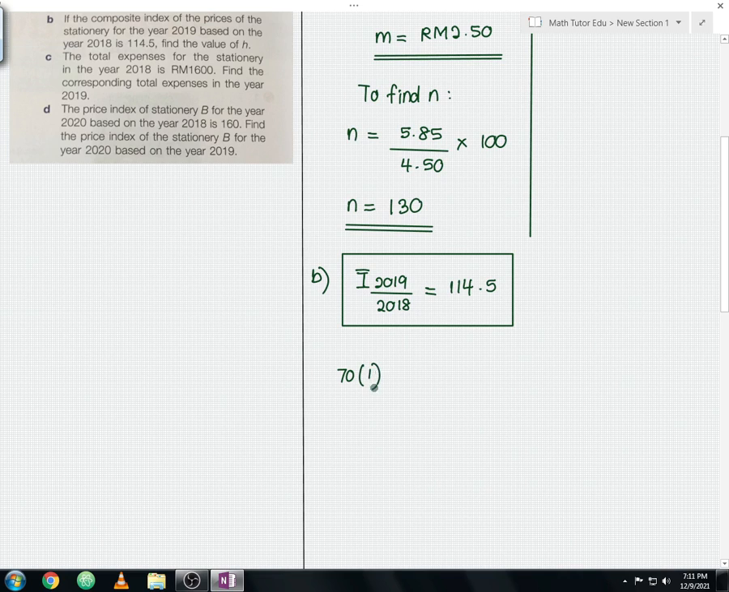Okay, times with the weightage 1. Plus with stationery B, the price index is 120, followed by the weightage times 3. And then plus stationery C, the price index is 130, and then you times with the weightage 2. Then you times with the price index of stationery D, 114, and then you times with H. So from here,